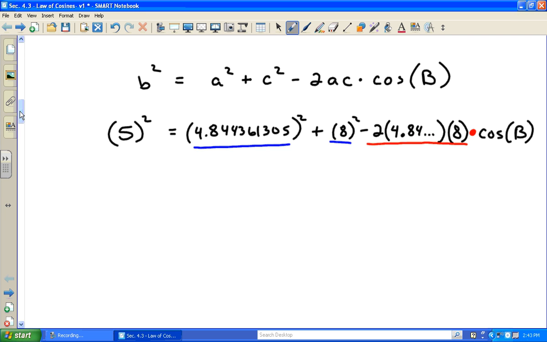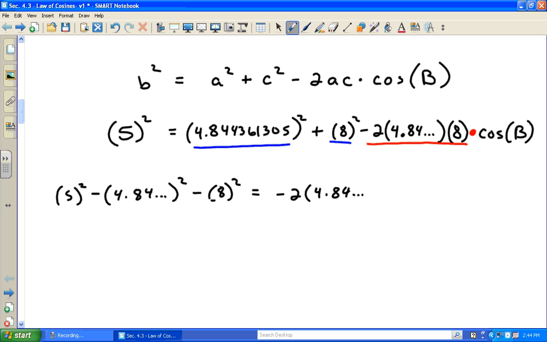Okay, I'm going to rearrange a little bit, and I'm not even going to worry about rewriting things. In other words, I know 5 squared is 25, and I know that 8 squared is 64, but I'm going to let my calculator do all the calculations for me, so I'm not going to simplify out any of these numbers. Okay, I'm going to subtract, first of all, what I have underlined in blue to the left-hand side. So I have 5 squared minus 4.84 and so forth squared minus 8 squared equals negative 2 times 4.84 and so forth times 8 times cosine